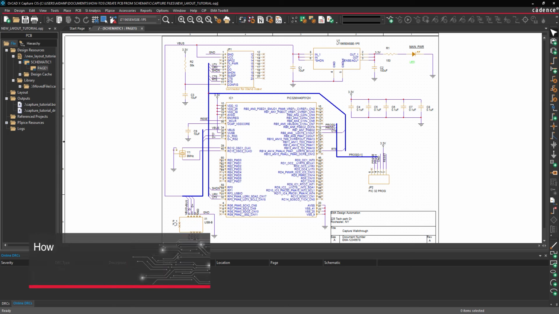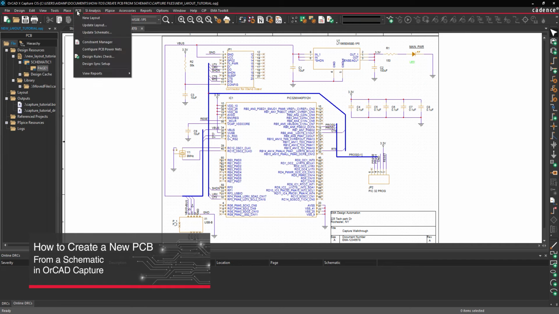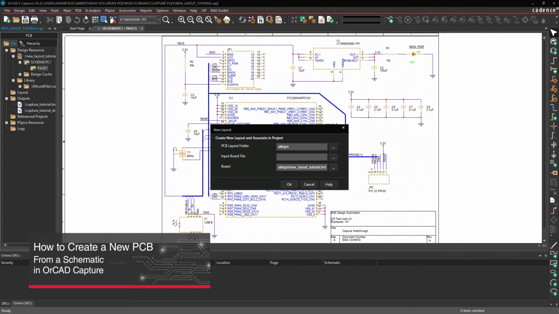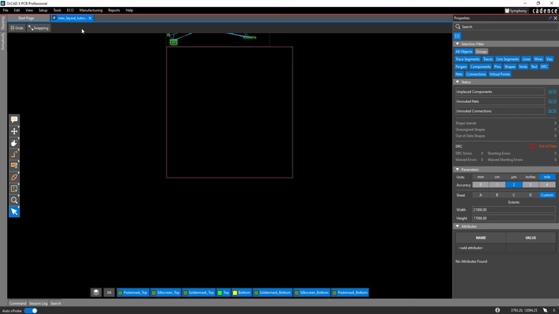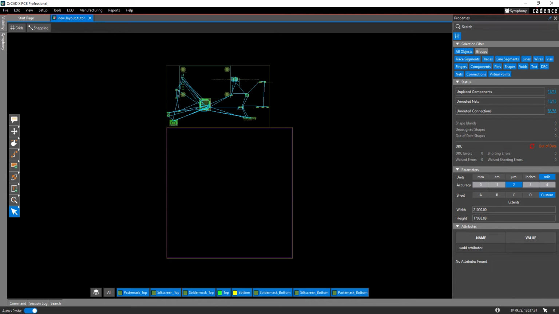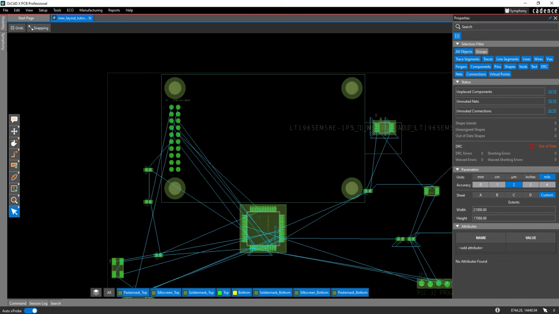This video is going to show how to create a new PCB layout from a schematic in OrCAD X Capture. When creating a PCB, maintaining an integration between the schematic and PCB layout is essential. OrCAD X Capture makes it easy to link a new PCB design to a schematic and automatically sync files to